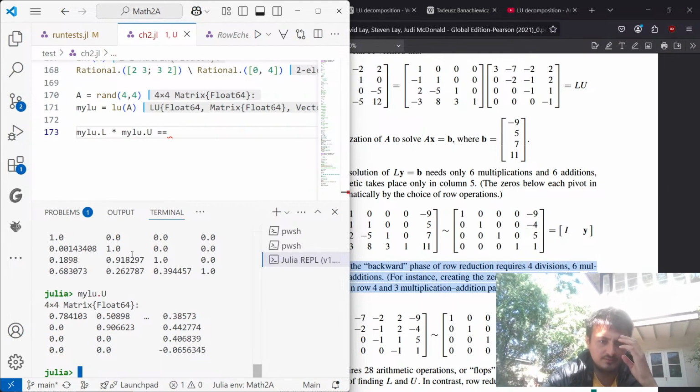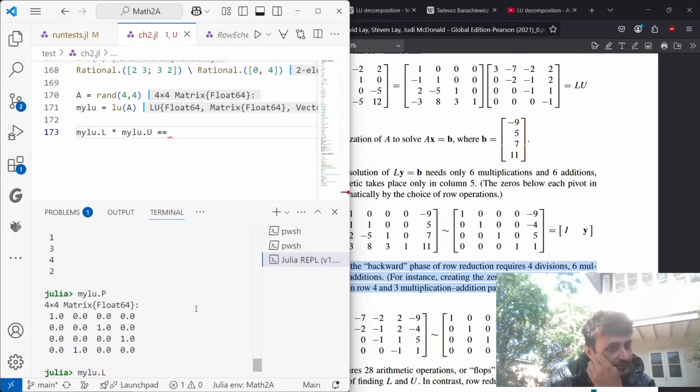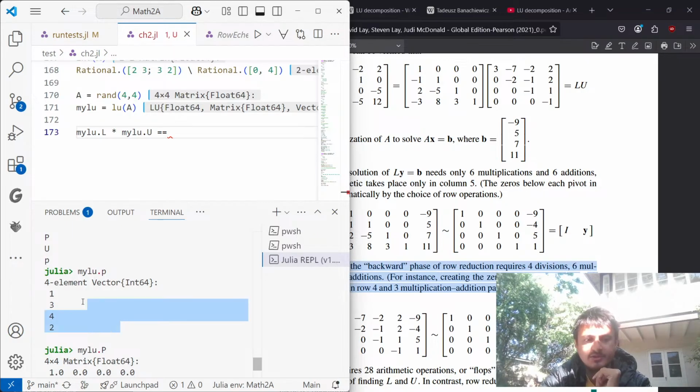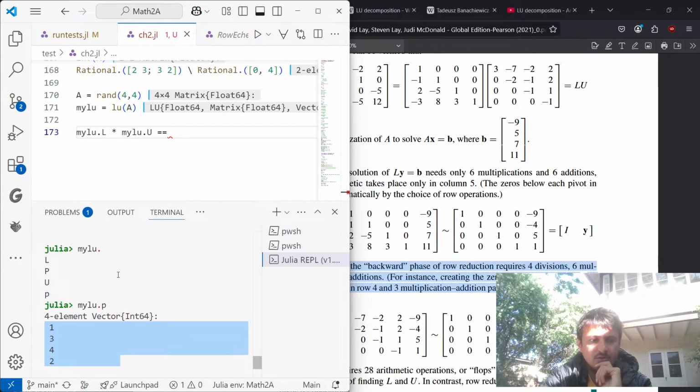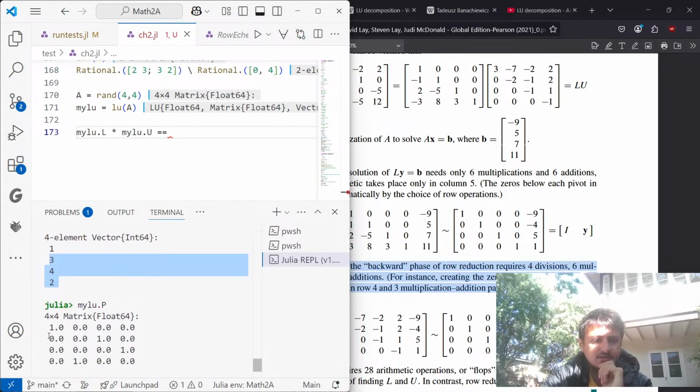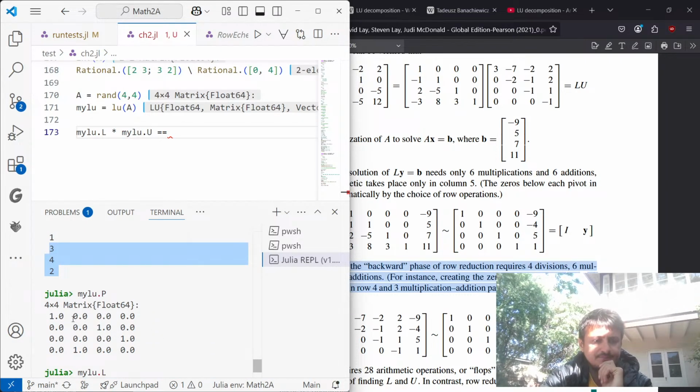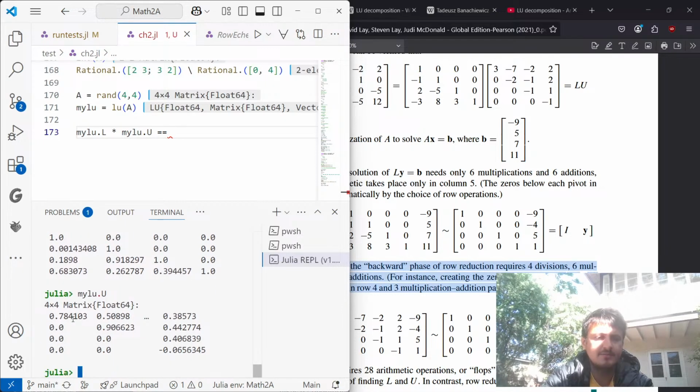Okay, so the LU decomposition in Julia actually has 4 things in it. It has a permutation thing, which is probably to keep the condition number low. Then it has this permutation vector, I guess. So then it probably does like a P times L times U. Maybe it does a LU times P. I'm not sure how it does it, but